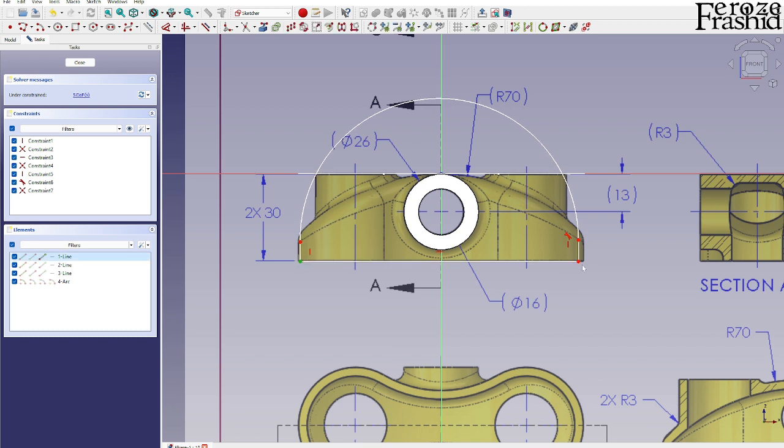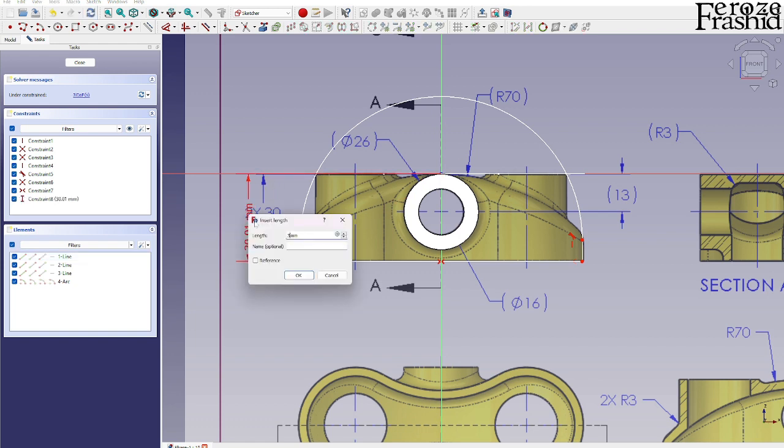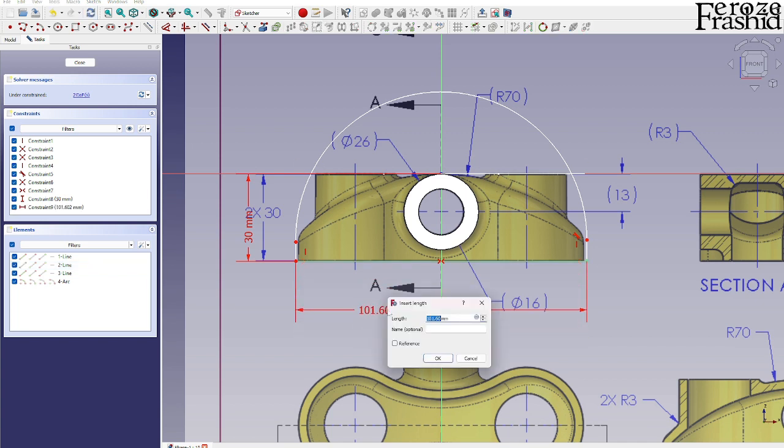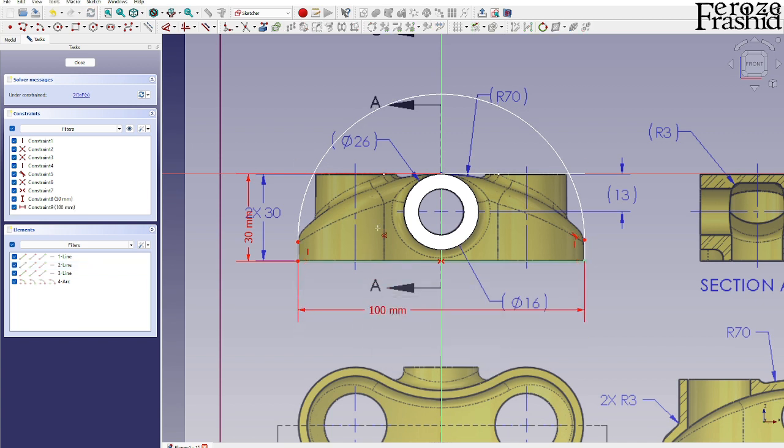maybe fix this line first, make it symmetric by the axis by pressing S on the keyboard, and then provide the depth dimension here by pressing D on the keyboard and say 30. Right? And what else? We have 3 degrees of freedom and the length of this line, which would be 100. Okay, and then we'll have to